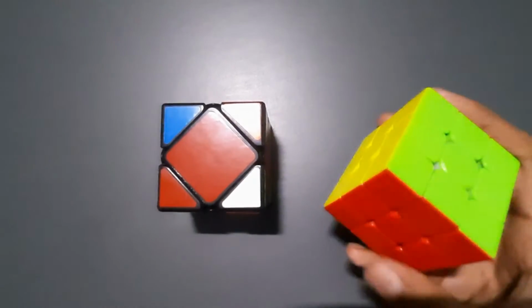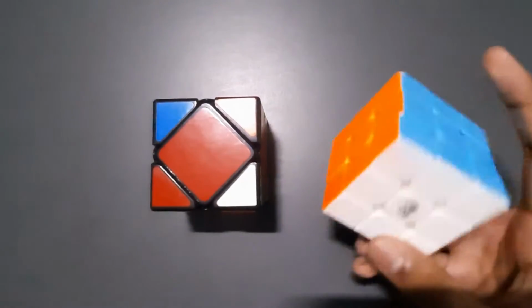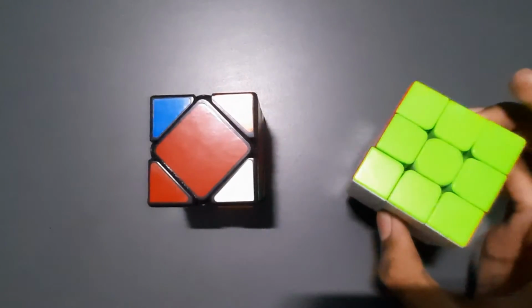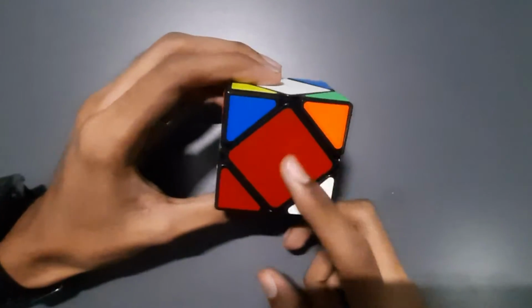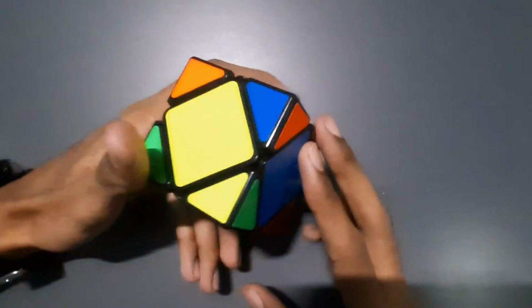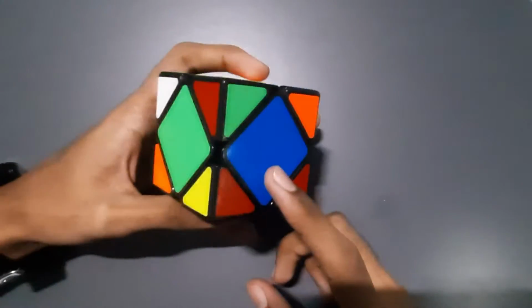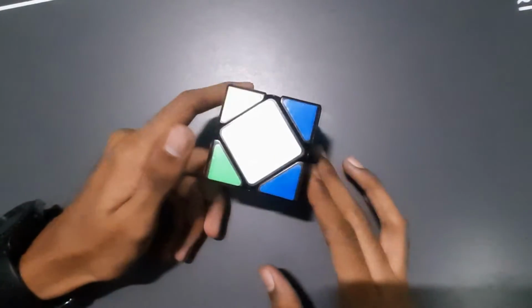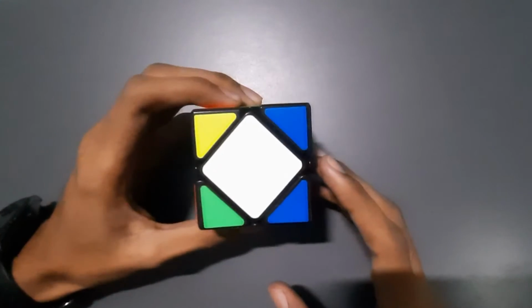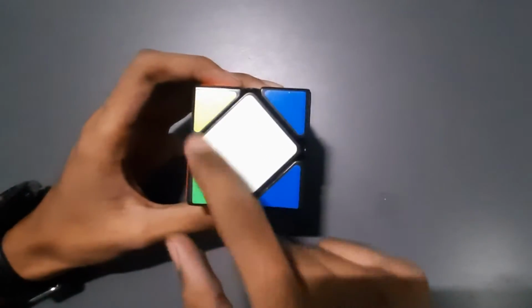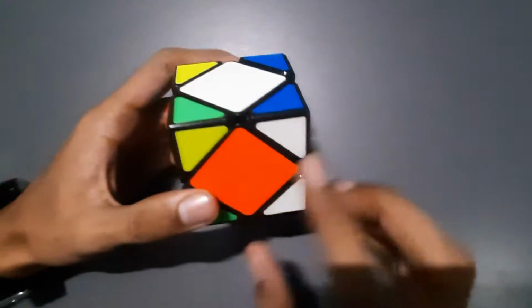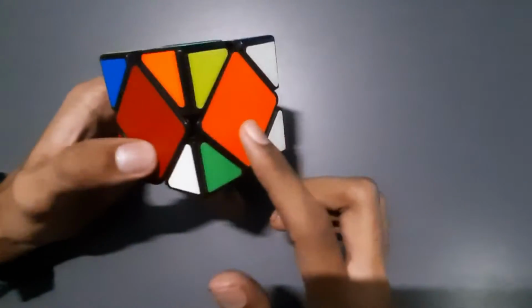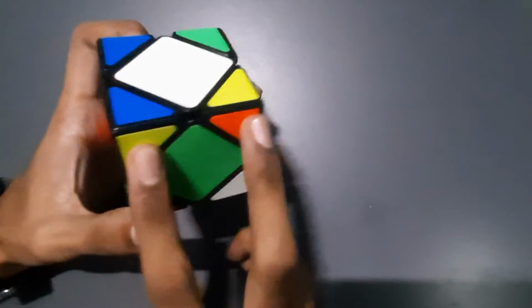So like the standard 3x3 cube, you always have orange opposite of red, yellow opposite of white and blue opposite of green. So this is the standard form. But in this cube you can see that you have red adjacent to orange. You can have this with any other colors, like you have green adjacent to blue. So here you need to make sure that the colors are opposite to each other. So you need to choose any one color. I prefer white. And so the first step is you need to solve these white corners, and you need to make sure that they form a layer here. Irrespective of this center piece, you need to make this a layer.